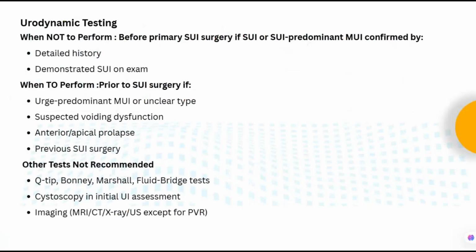Prior to SUI surgery, if there is urge predominant mixed urinary incontinence or an unclear type. But if it is stress predominant, then it is not required. But if it is mixed but urge predominant, it is required. If there is a suspected voiding dysfunction, if there is an anterior or apical prolapse, if there is a previous SUI surgery. And other tests which are not recommended in evaluation are